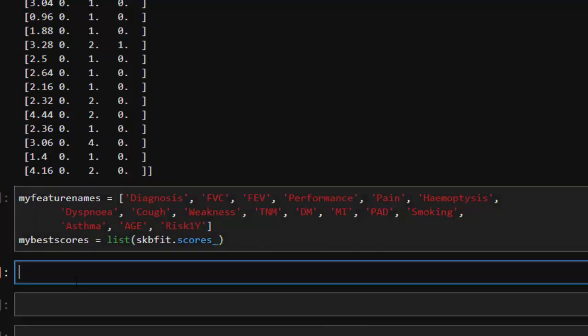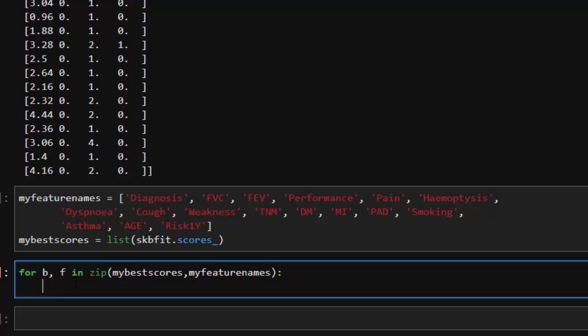Perfect. Okay, so for me, I'm going to map it. So it's going to be for, let's say, B, then F in zip. I'm trying to map it just to help me. This is just for myself. Best scores, my features, feature names. The zip is trying to zip them together. Now just print F. This is what Python 3.5 supports, so not all Python versions will work with this, right? I'm going to put inside